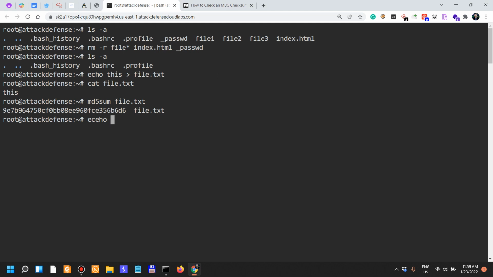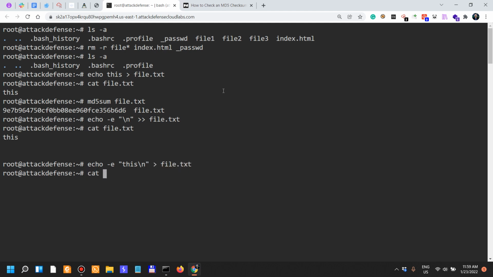So if we echo -e, a new line, into file.txt, and then we cat file.txt, we have two new lines. Let's actually remove one line. How do we do that? We can simply echo -e this new line into file.txt and then cat it again, and in this case we should be able to have the same md5